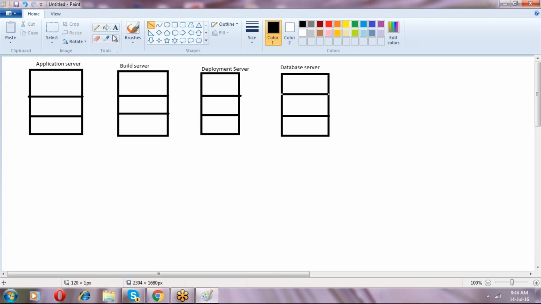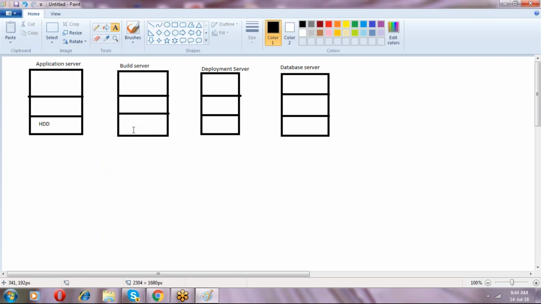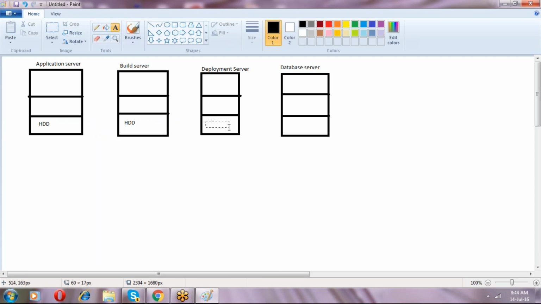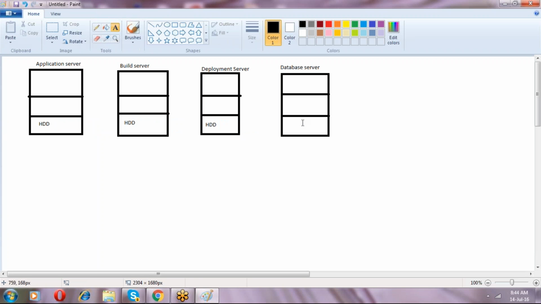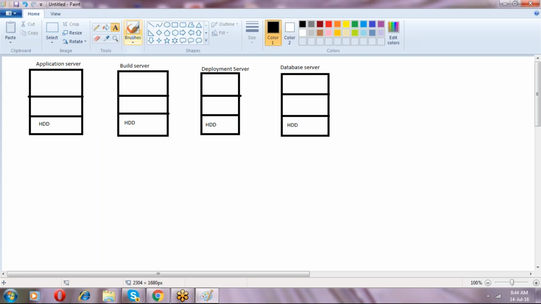Okay. So here HDD and here also HDD. Again here also HDD. Okay. So again here I have operating system.